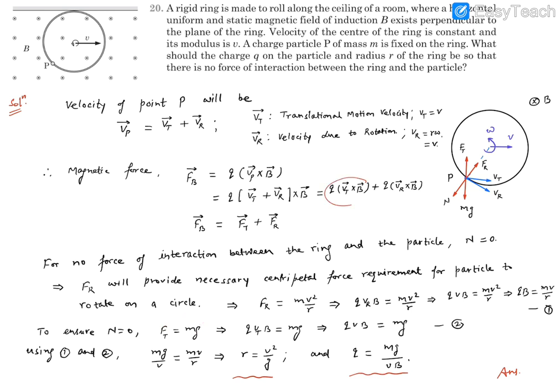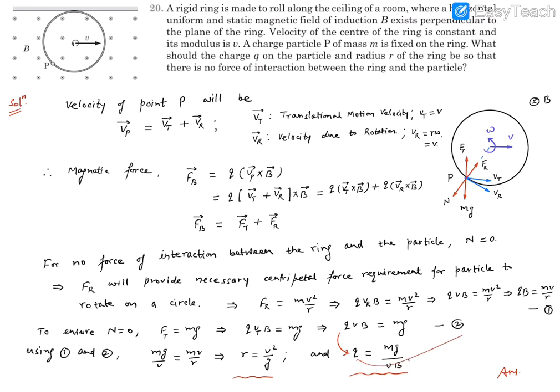Ft is going to be the translational component, or due to translational velocity, so it's going to be like QVtB. Again, Vt and B are perpendicular, so sine 90 degrees. Vt is equal to V, we know that. So it's like QVB equal to mg. Now this is a very important equation as well. We can call it equation number 2 because it has one unknown, which is Q. So we can simply write Q from here, which is going to be mg upon VB. So the charge on the particle must be equal to mg upon VB. Now the answer we are expressing in terms of the quantities that are known to us: mass is known, g is known, v is known, and B is known. So the charge we got to know.